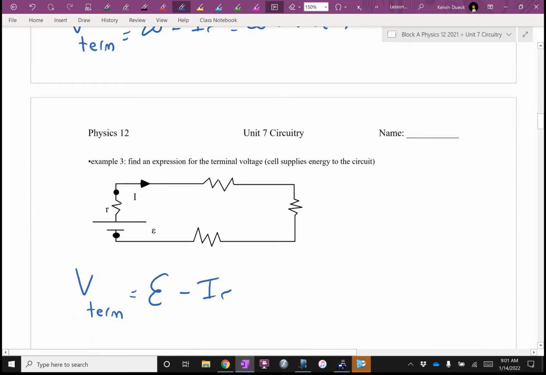I can't remember. Did I actually give you that equation on your formula sheet? No? Oh, I got one here. Hang on. Good. It used to be on the provincial exam, and why would you give them an extra equation for, to me, this is still just a continuation of Kirchhoff's laws. However,